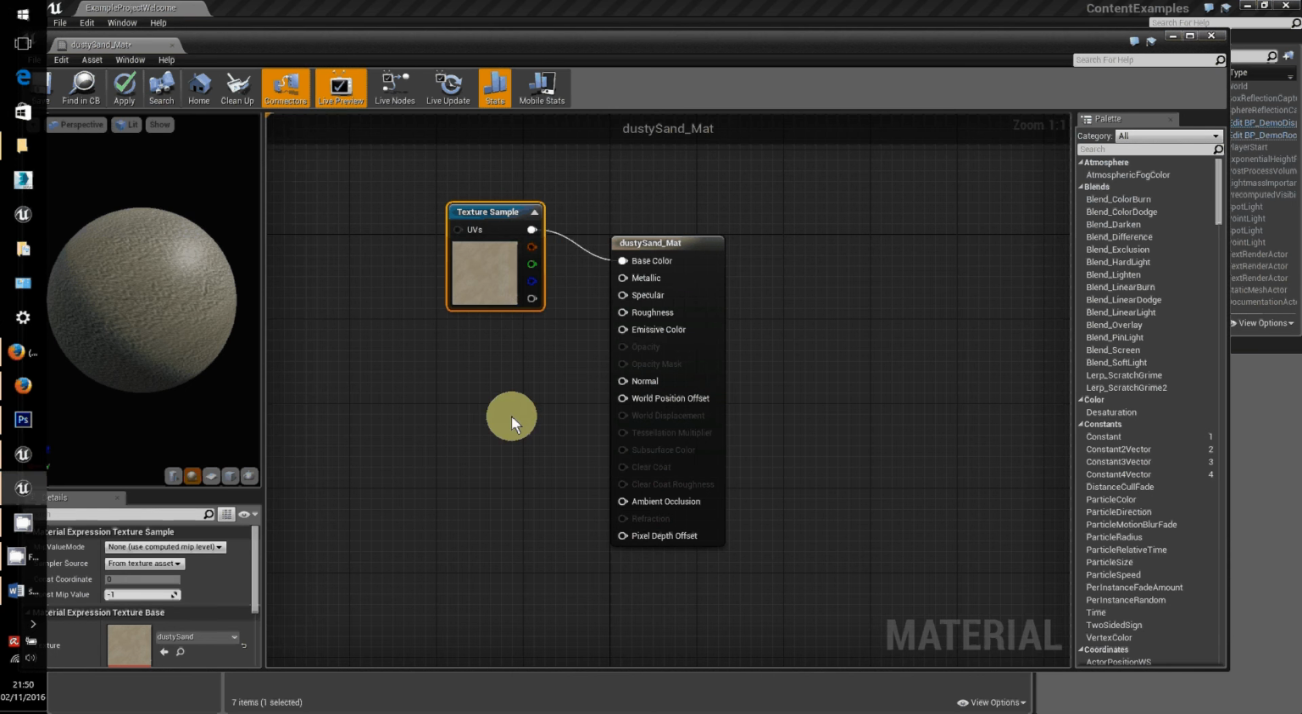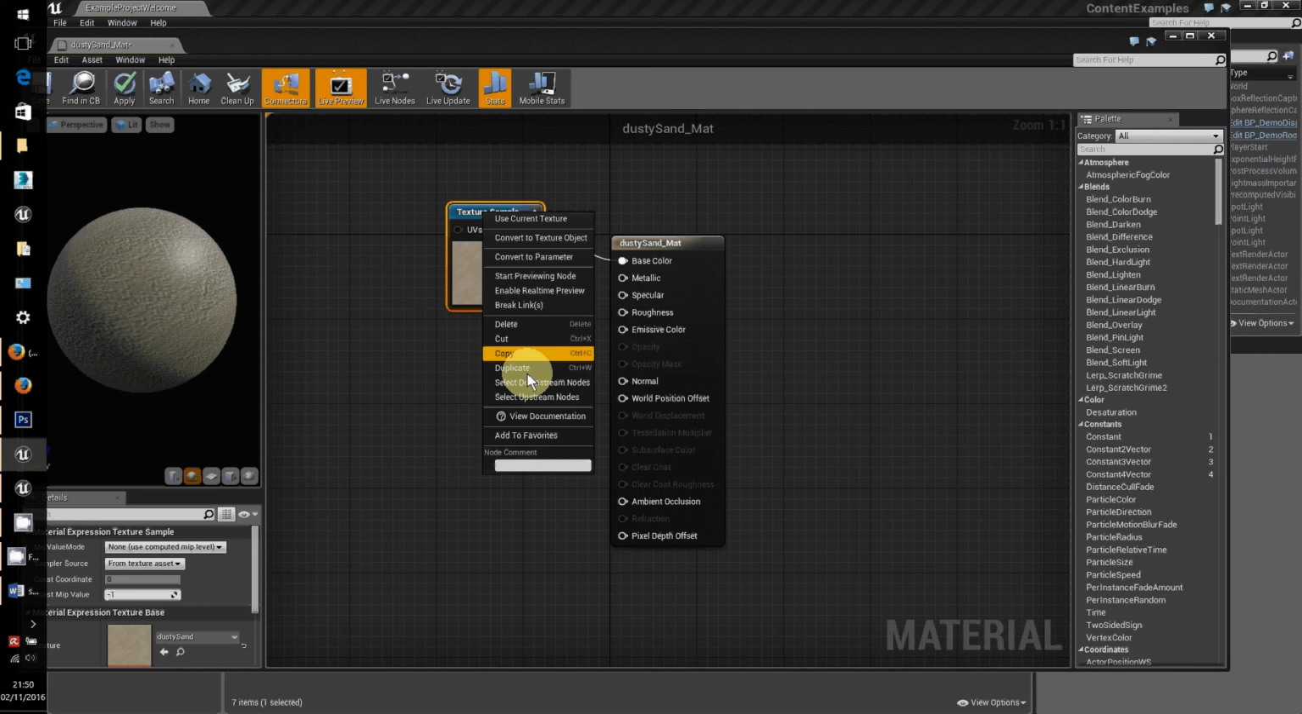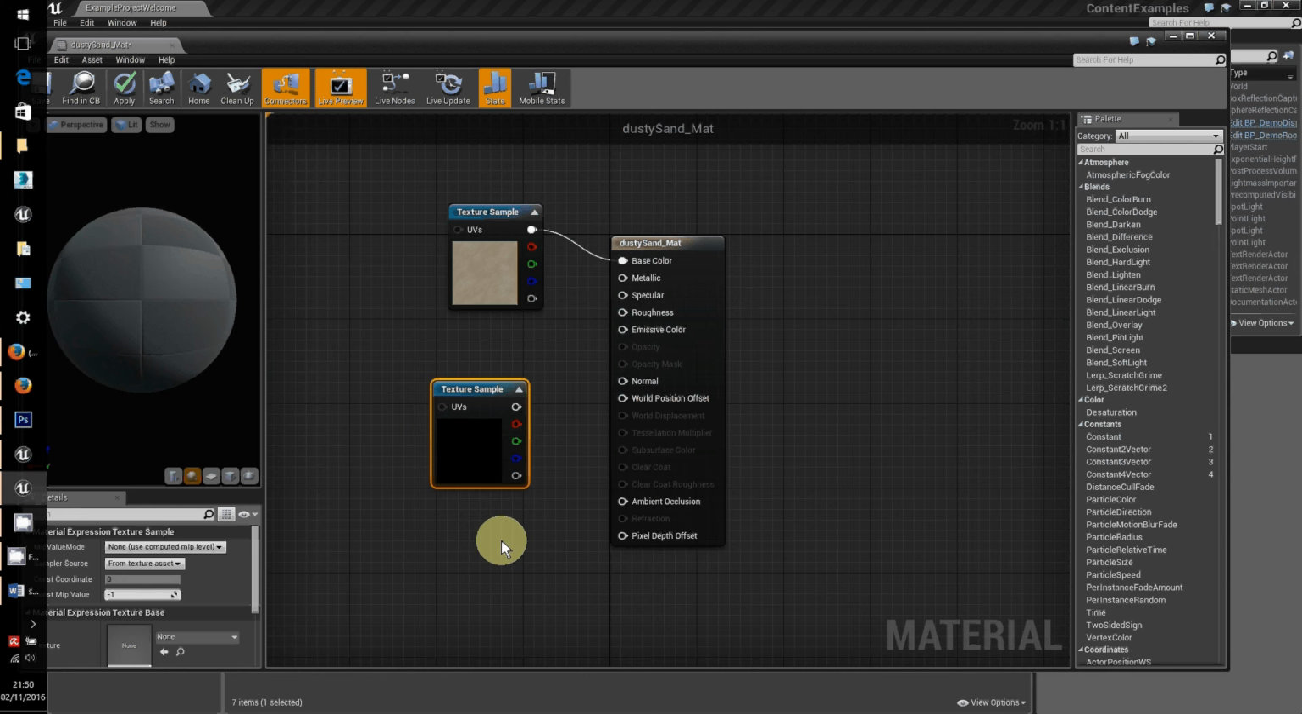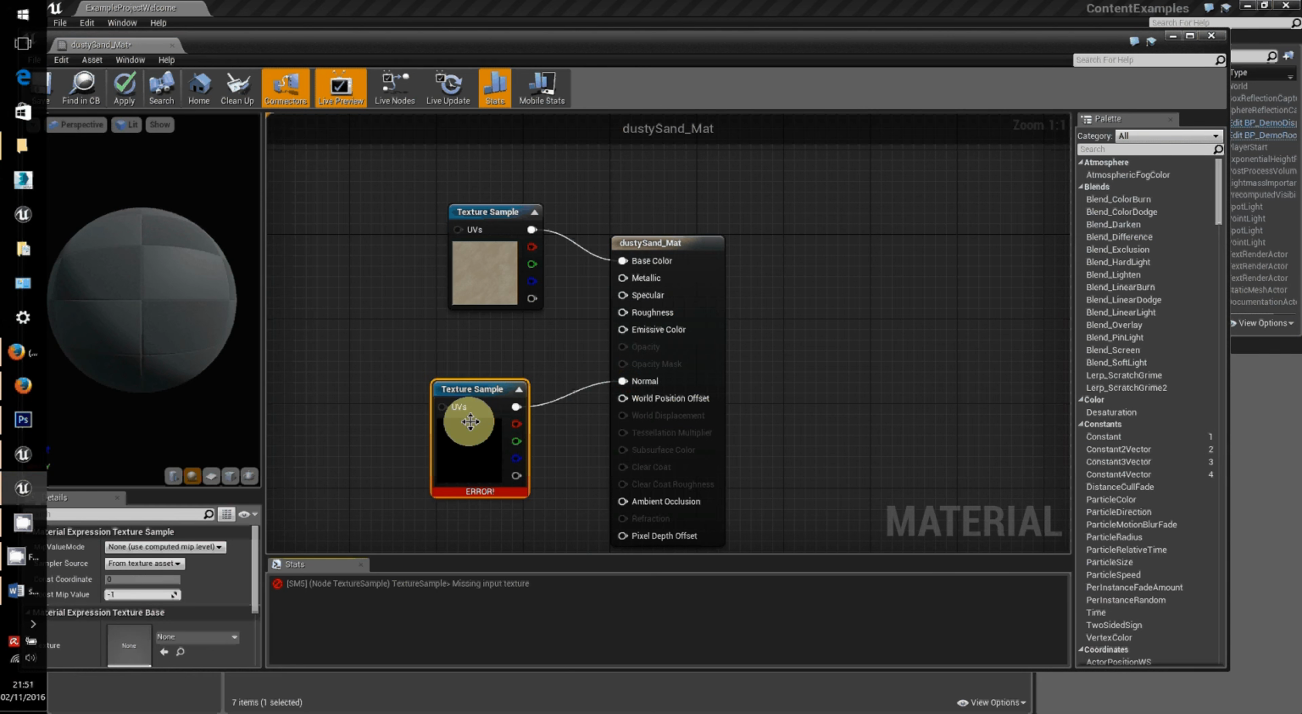So if you don't have one ready to hand that you want to use, I could duplicate this by doing right click, duplicate, or I could hold down the T key on the keyboard and left click once, and that's a lot more convenient. Now I'm not quite sure what it's going to populate with. I'm just going to join it up to normal, just to remind me that we need a normal texture in here. And the great thing about this